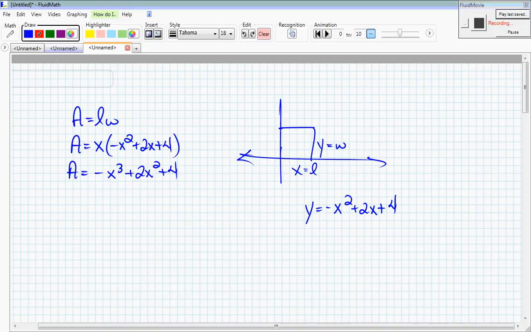Let's take a look here, and for part B it says to find the area of the rectangular region for x equals 2.5. I should have said that. Let's just plug that in. And if x is equal to 2.5,